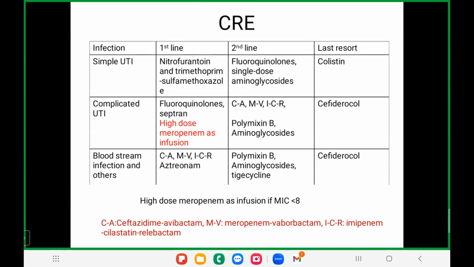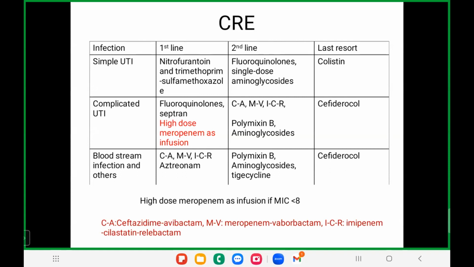So you can try the same thing, and as a last resort for simple UTI, you can give colistin. So colistin monotherapy is advisable as a last resort for simple UTI. And for complicated UTIs, you need to give fluoroquinolones and high dose meropenem infusion is what I'm telling. So if you have a complicated UTI, even though it is resistant to meropenem, you can give a high dose. Like previously you start with 20 mg per kg, you can start with 40 mg per kg, the meningitic dose, and you can use extended infusion, like continuous infusion. They are showing clinically that if you use higher doses, it can help improve the child.